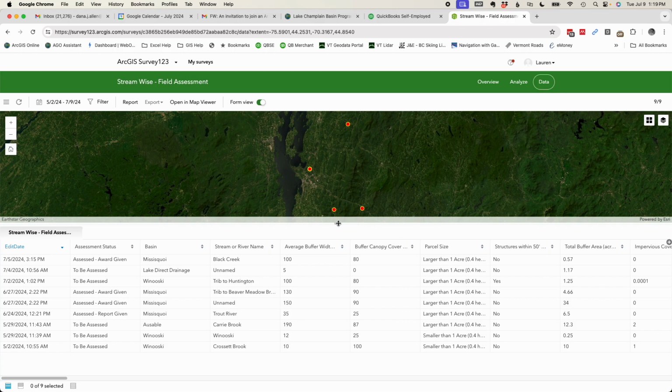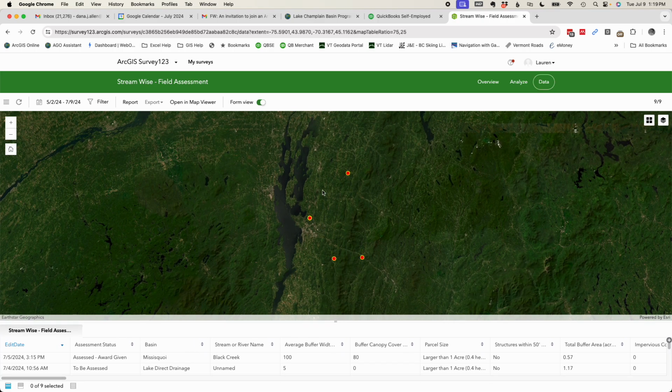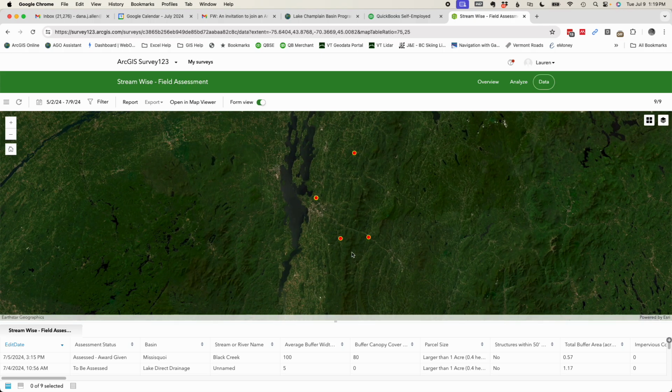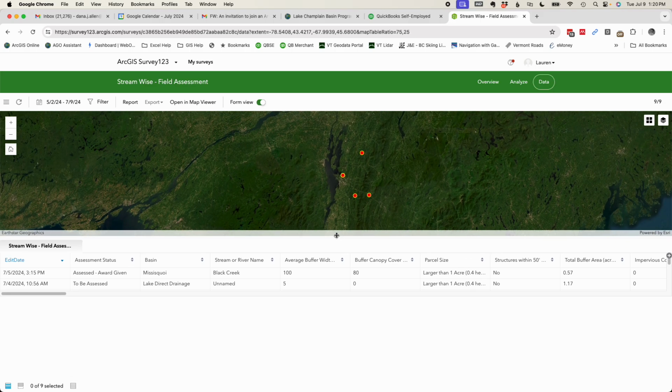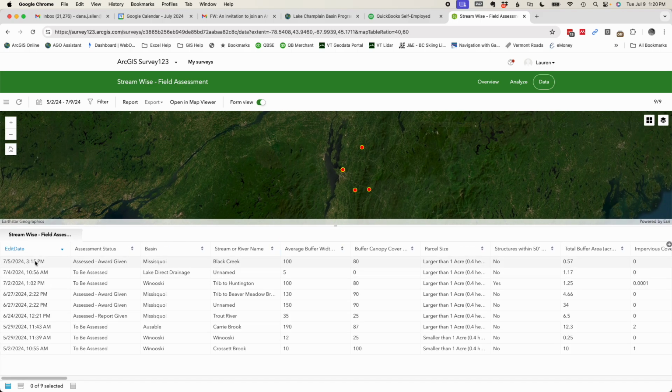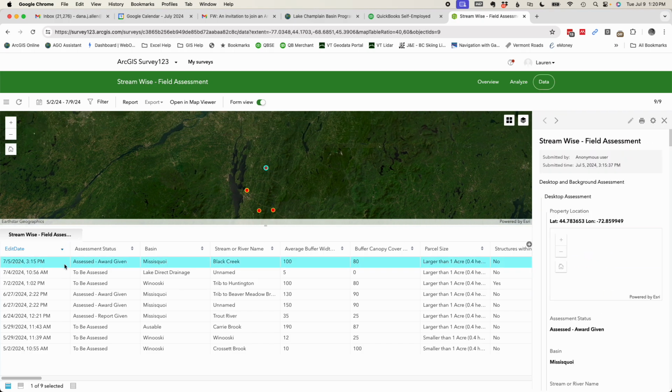And so probably the easiest way, this is just dragging this down, to find your assessments is to use the map view, so you can zoom in on any of these records and find them. The naming convention we're still working on down here. The names aren't particularly good. But once you find your record, say it's this first one here, assessed award given,